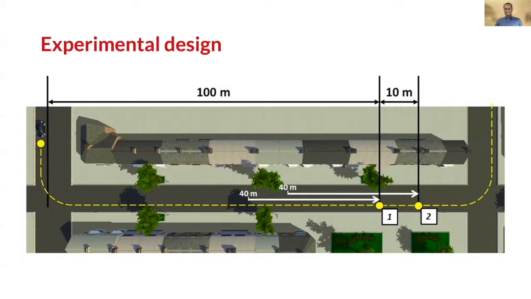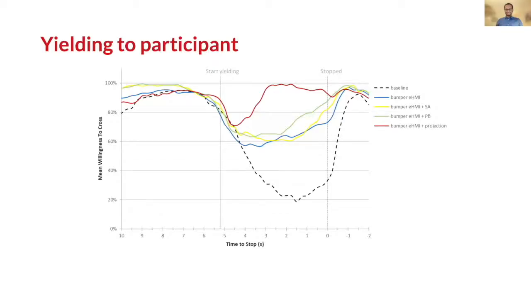In both of the yielding behaviors, the eHMI concepts, when existing, communicated this yielding intention. The implicit task of the participant was therefore to interpret whether the eHMI's indicated communication was directed towards them or to the other pedestrian. I will quickly go over the result highlights of the pedestrian's willingness to cross here, keeping in mind the time. I invite you to look into the paper for more details.